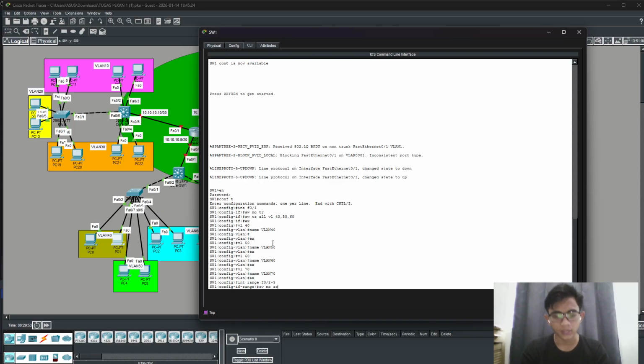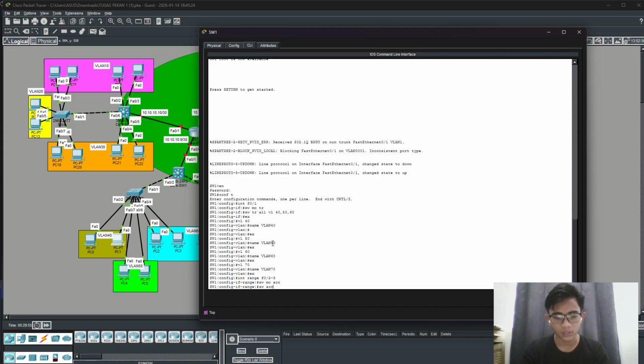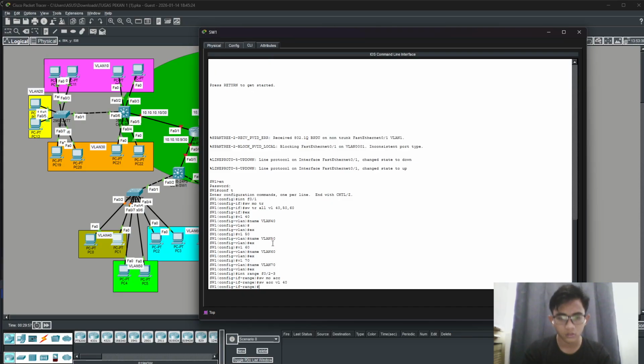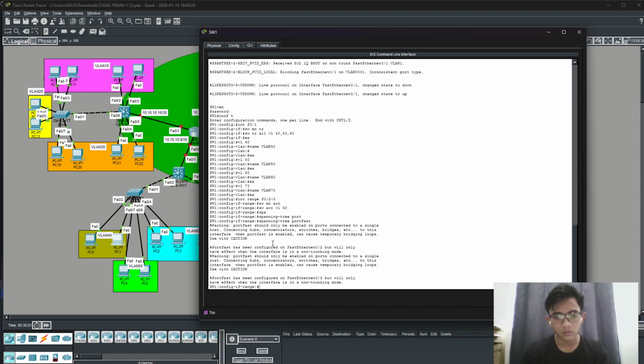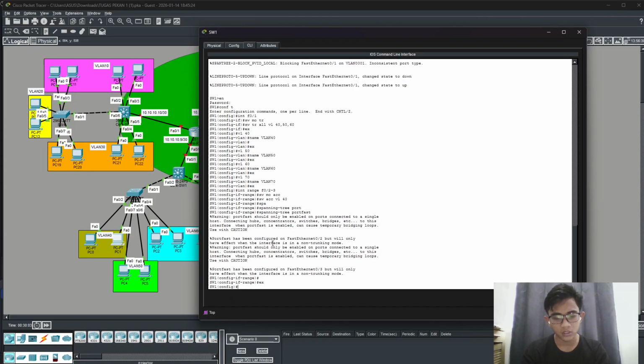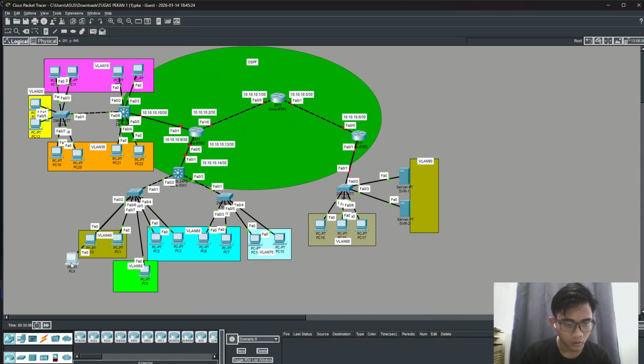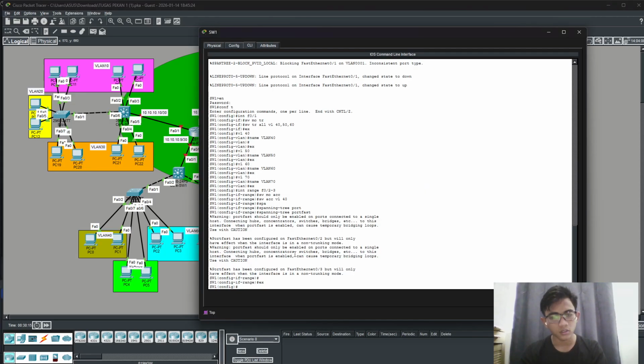Switchport mode access, switchport access VLAN 40 and spanning-tree portfast. Okay, exit. Now continue to 6 and 7.